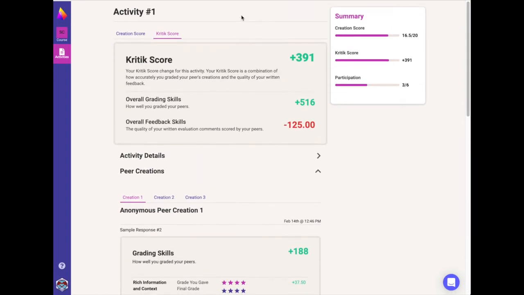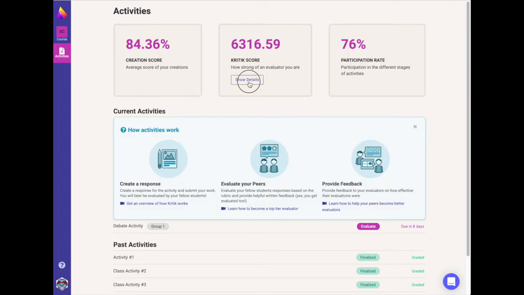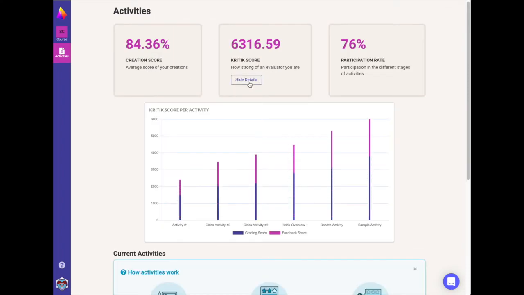For every activity, students have the opportunity to gain or lose up to 1,500 points, depending on how well they evaluated their peers. To understand more about how Critic Score works, refer to the video How Critic Score Works in